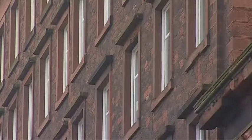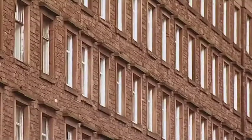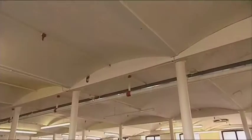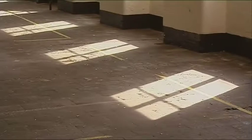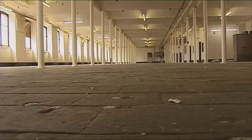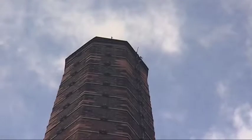You would know that this was a textile mill instantly, wouldn't you? Because it looks like one. Tall, multi-storey, rather narrow, with big windows to provide as much natural light as possible. Before gas lighting arrived, factories were always quite narrow, so that each workroom had rows of windows along both sides. And even later on, a lot of mills continued to be built narrow because natural light was cheaper than artificial light. As well as the main building, there was of course always a big chimney to make the steam engine